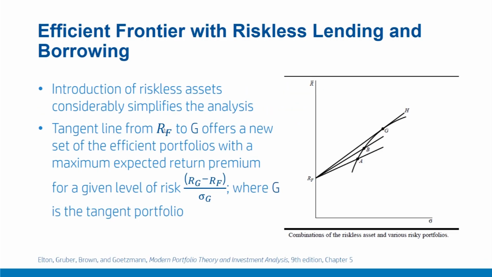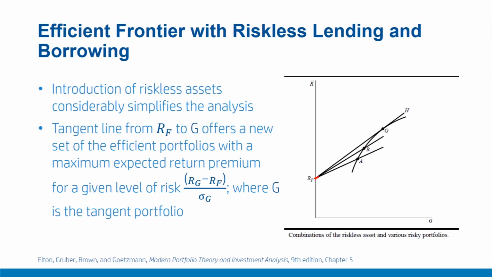Up until this point, we were focusing on risky securities. The addition of riskless securities considerably simplifies the analysis, as we'll see now. Here, we are assuming the same rate for borrowing and lending, that is RF, in the first case. Because the return on these securities is certain, whether it is borrowing or lending, practically this does not happen. Borrowing is often at higher rates than lending. However, for analysis purposes, let us consider the same lending and borrowing rates for now.